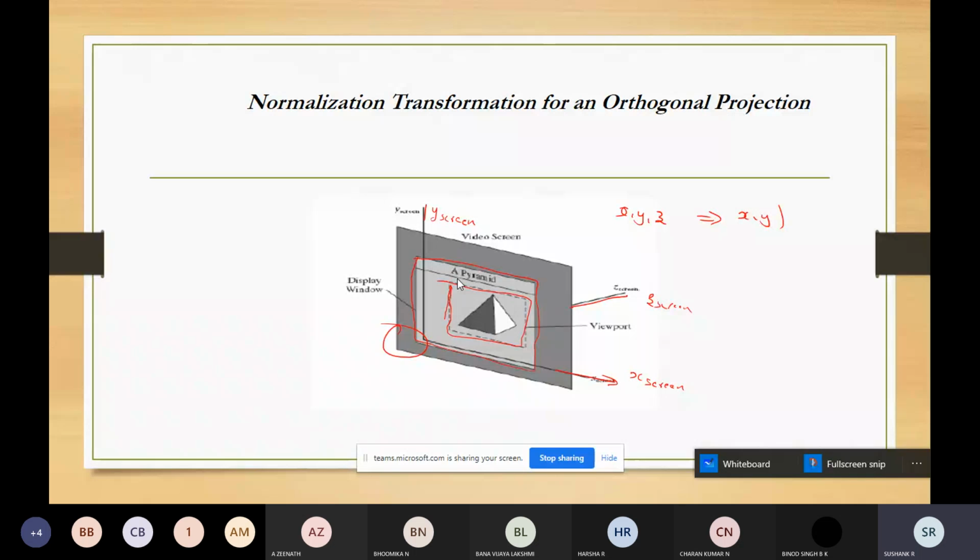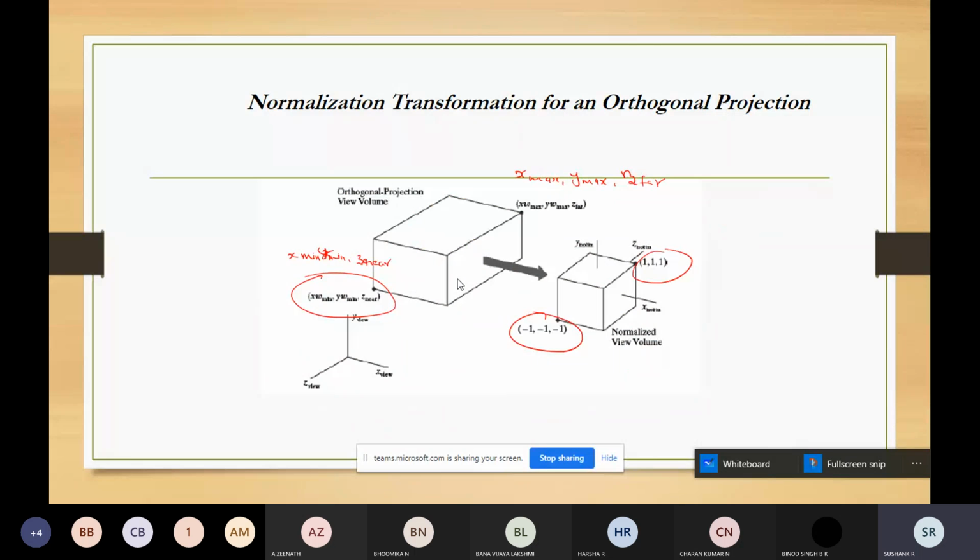The further example can be like this, you can check this. Here the Z thing is interpreted as Z near. This is Z near and Z far. Once the transformation is done, you can see it is from -1 to +1. So this is how the transformation is taking place.